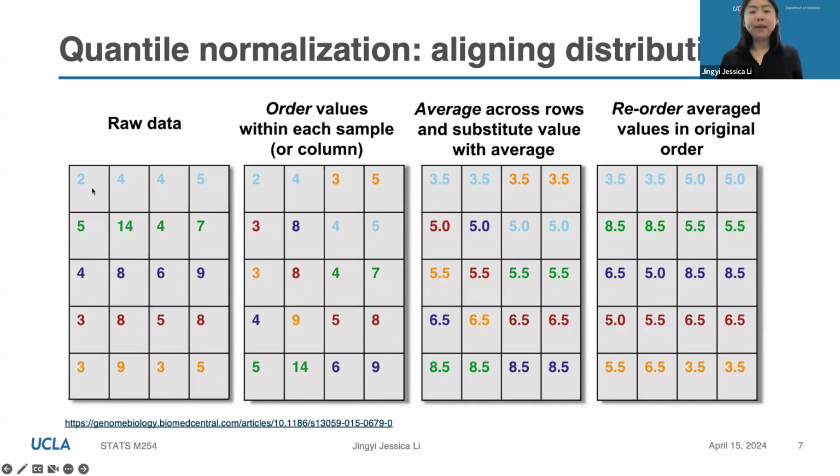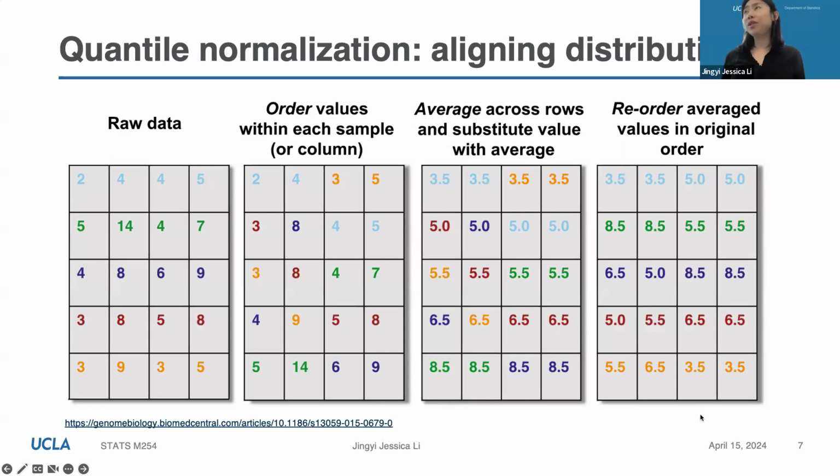So basically 2 becomes the smallest average, 3.5. 5, the green, second smallest, this one, oh sorry, not the second smallest. 5 in the first column is the largest. Then we pick the new largest value, which is the last column, it becomes 8.5. So we just fill in these entries by the new values. That's the quantile normalization. Then you will not be surprised to see that after quantile normalization, the 4 columns have